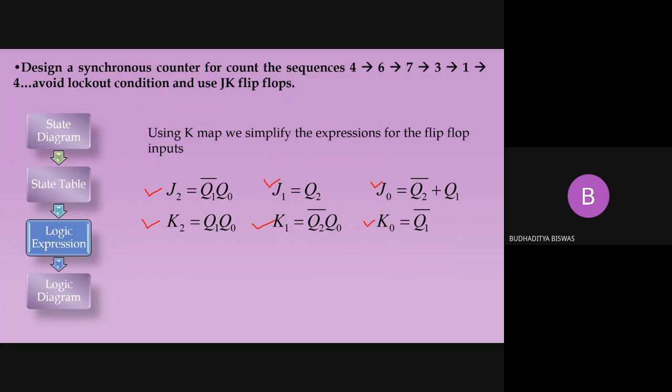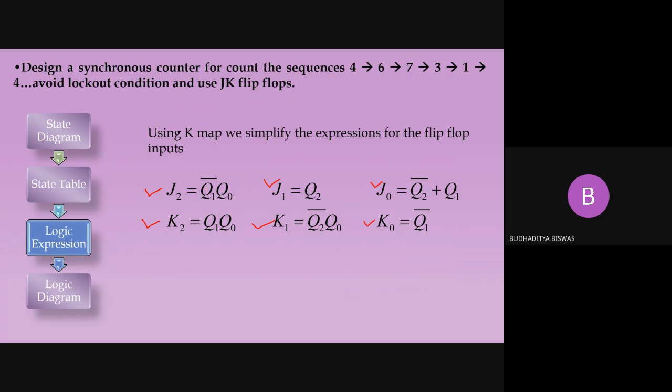Then for the logic diagram, draw 3 JK flip-flops, give them names, which one is J0, K0, which one is J2, K2, J1, K1, all these things. Give the same clock pulse to every flip-flop. After that, just produce this expression and give it. Q1 bar is also available in the flip-flop.